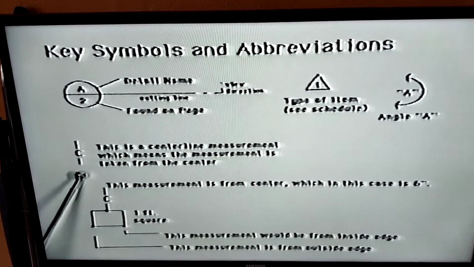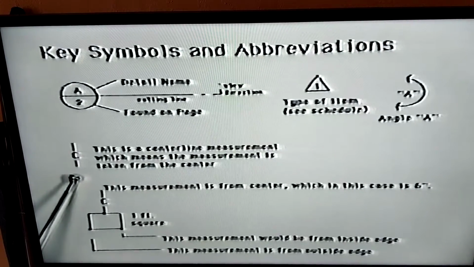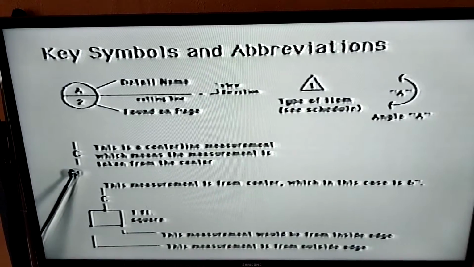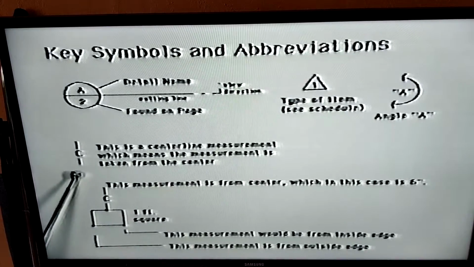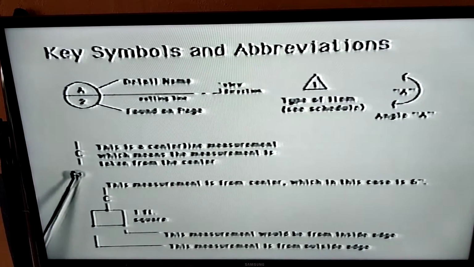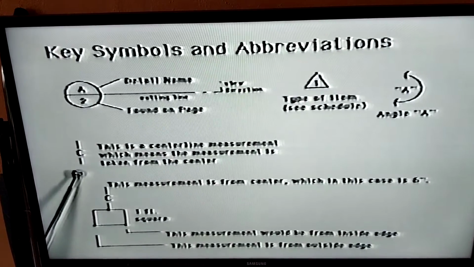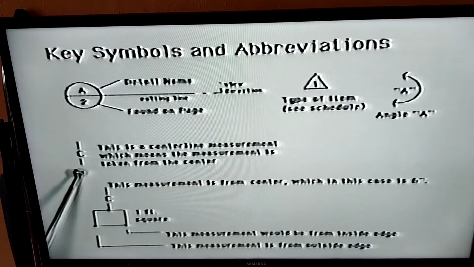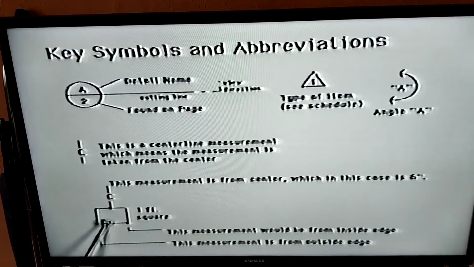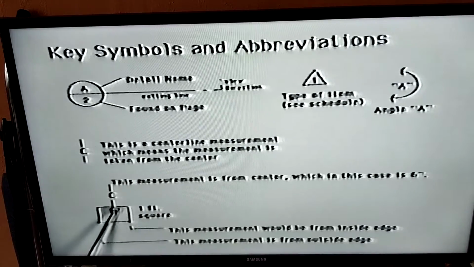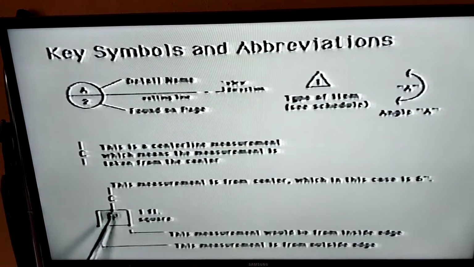It's very important when you look at plans to accurately get measurements. Many of the measurements are taken center to center, in which case this would be the symbol. Although the measurements will be given one way on the plans, the questions that you will ask may require a modification of the dimension that's given. For example, if I indicated that a measurement was taken from the center line, however, the center line was extending dead center through a shape, perhaps